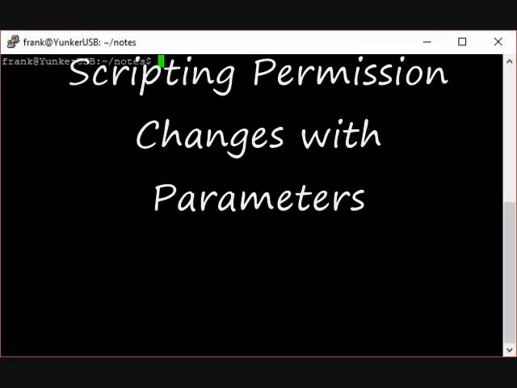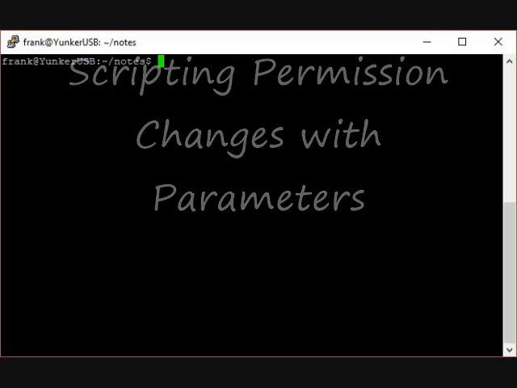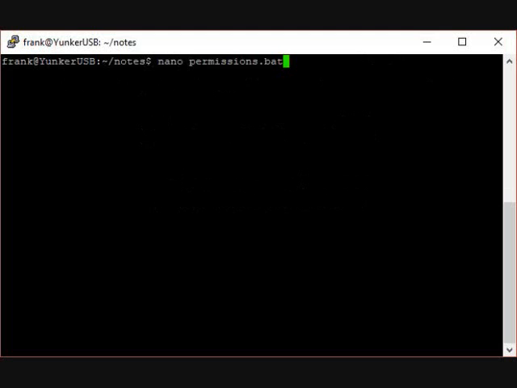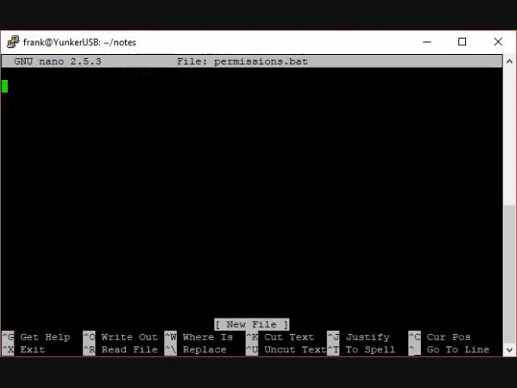Okay, today we're going to create a BAT file, which BAT stands for batch file. We're going to call this one permissions.bat. So using Nano, we're going to create this file. And the first thing to do is call the /bin/bash shell. Then chmod 711